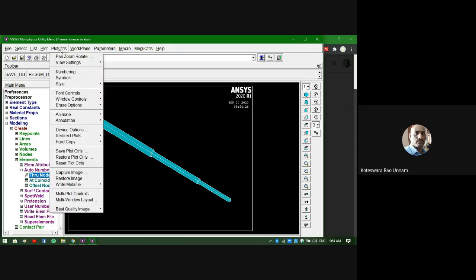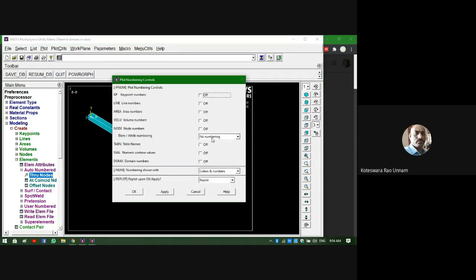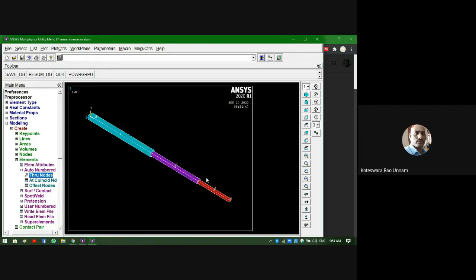Or if you want to check the material properties, whether you have given them properly or not, you go to numbering. In that you need to select material numbers and click OK. Now it is showing 3 different material numbers. You can see the numbers 1 here, 2 here and 3 here. Of course, your element numbers and material numbers are coinciding with each other, so it is showing 1 1, 2 2, 3 3. Like this also you can verify whether you defined it properly or not.